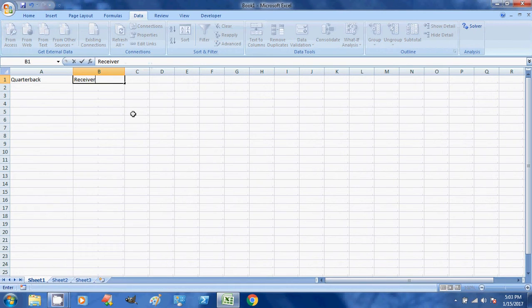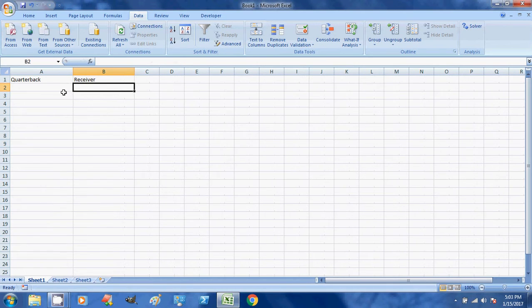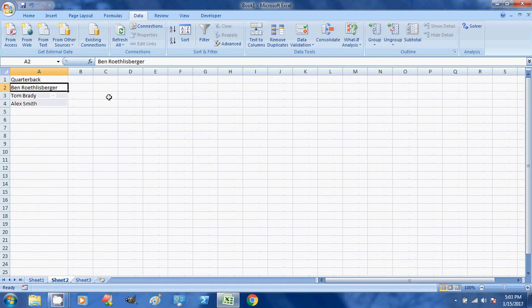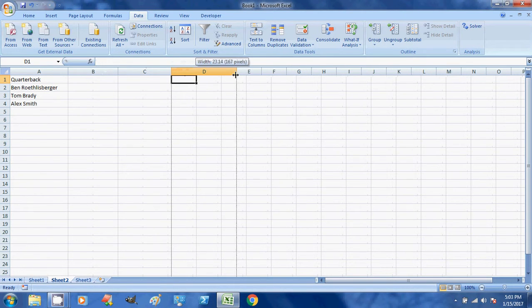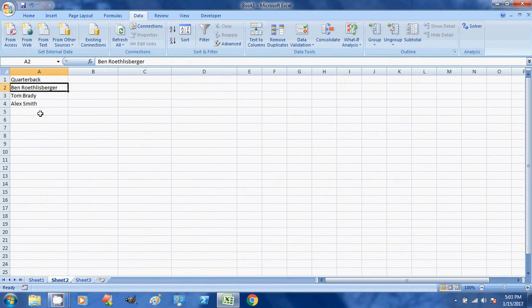we're going to set up another list that allows you to choose a receiver, so that if I select Ben Roethlisberger as my quarterback, then only receivers that he would throw to show up in this list. So we already got our heading here, and here's what we've got to do. We want to take the names that are in our list that we're going to depend on, and our dependent list is going to